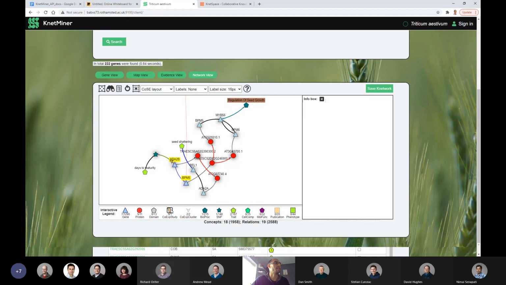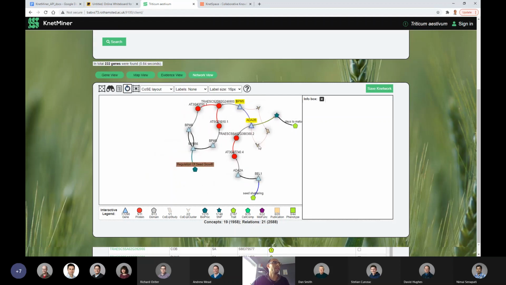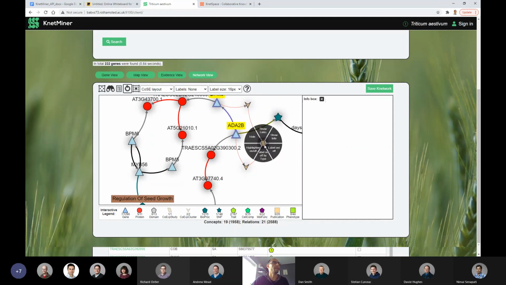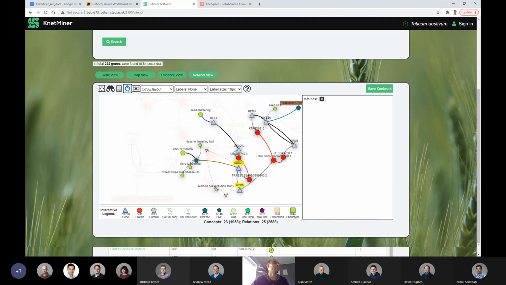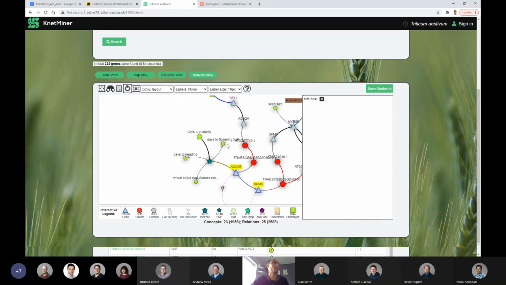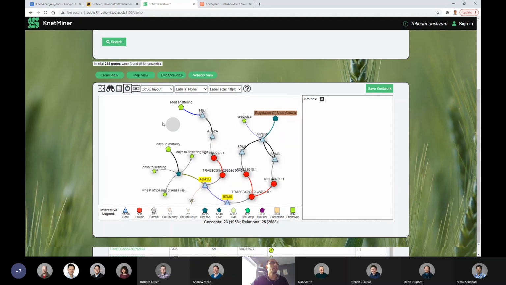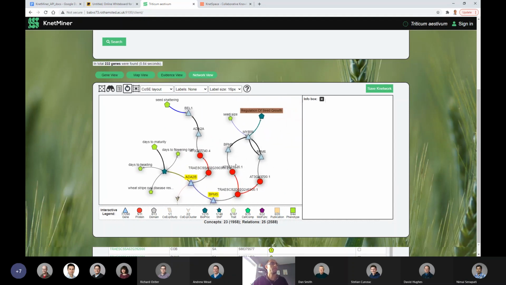So I can use this legend and I can add things interactively to the network, and you'll see new nodes appear on here. I can add more traits to it to see what other traits this SNP, for example, has been associated with. And I can delete things from the knowledge graph as well by doing similar functions, double-clicking on things here or